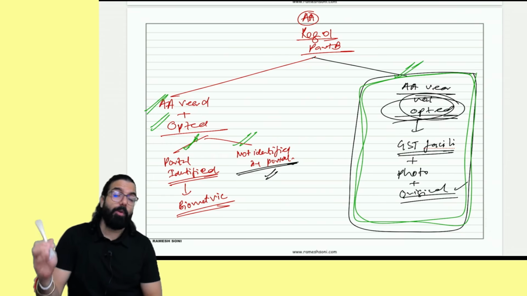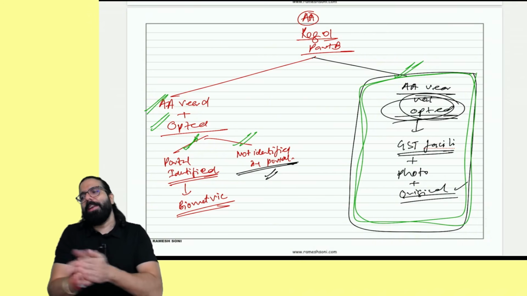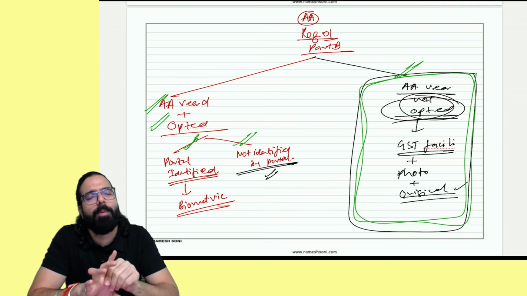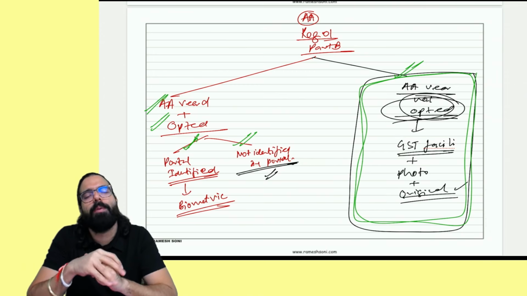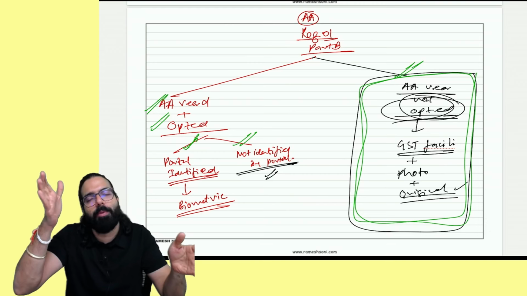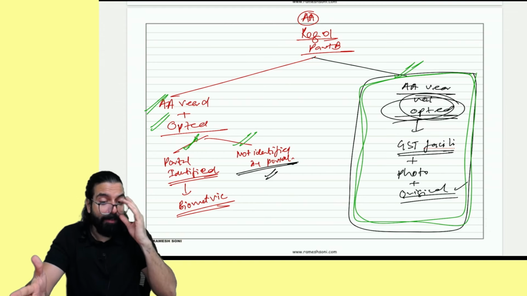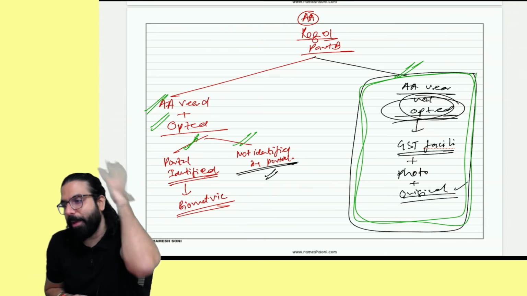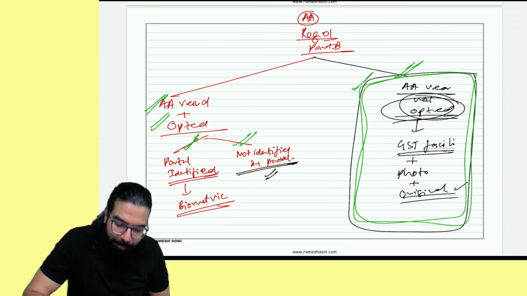But if you have required and did not opt, then mandatorily you have to go to the facilitation center, and they will go ahead and do the verification of original document, and photograph will be taken. Only then your application is deemed to be submitted. After that, verification will happen, and then registration certificate will be issued. Please tell me, everyone, do you guys understand this point?